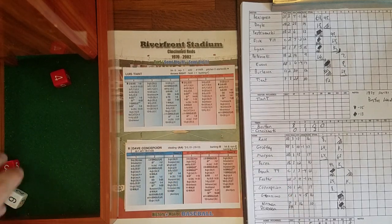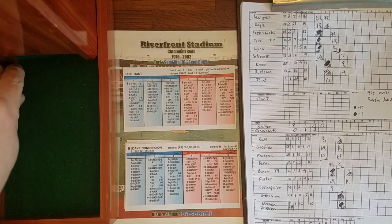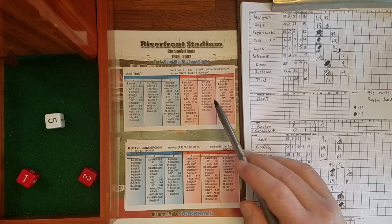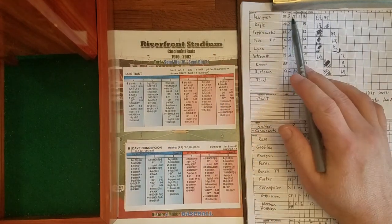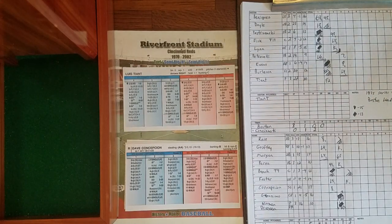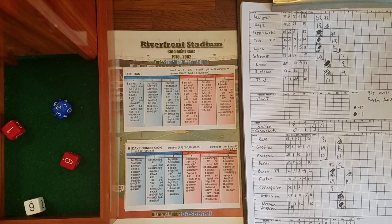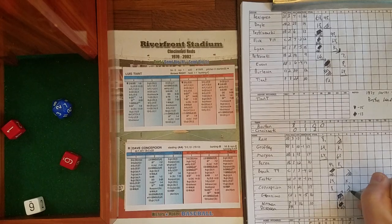And that brings up Concepcion. Nothing on the 20. 5-3. Fly ball left field X. That is going to be Beniquez in left field. He's a 3-4. Remember, Yaz is playing first, and Beniquez is in left field. So it's a 3-4. 3-2. That's going to be a base hit, probably a double. That will tie the game. And it certainly is. So it's a double for Concepcion. It ties the game at 4